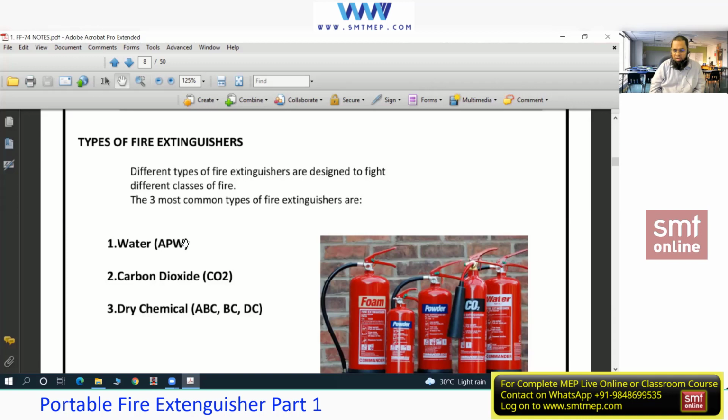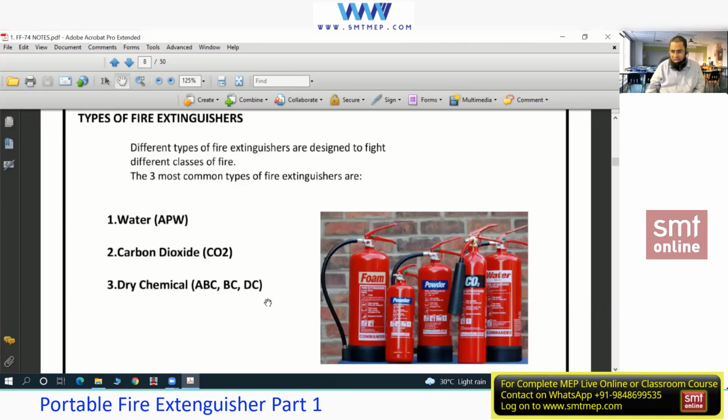So if I fill this portable fire extinguisher with normal tap water, in case of a fire event, this water will not come out from this cylinder on its own. In order to take this water out, we require some pressure, right? So that pressure comes from air. I'll give you a simple example. Do you know this gardening spray bottle? Yes, sir.